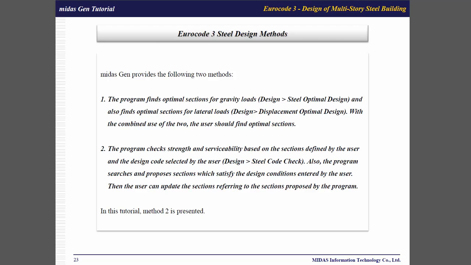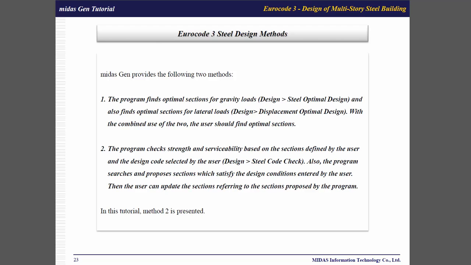First of all, Midas Gen provides the following two methods. The first one is that the program finds optimal sections for gravity load, by doing steel optimal design, and also finds optimal sections for lateral loads, and with the combined use of the two, the user should find the optimal sections. The second method is that the program checks the strengths and the serviceability based on the sections defined by